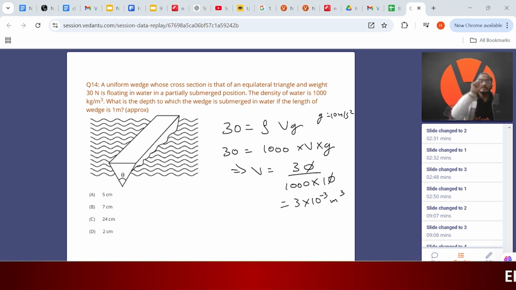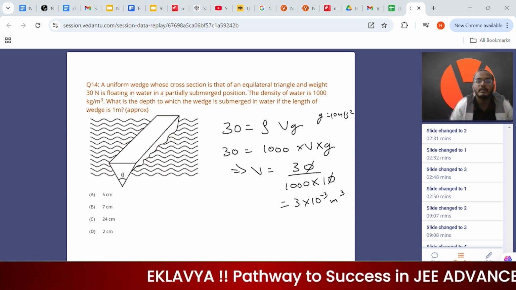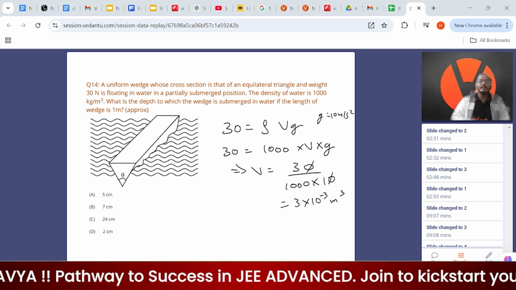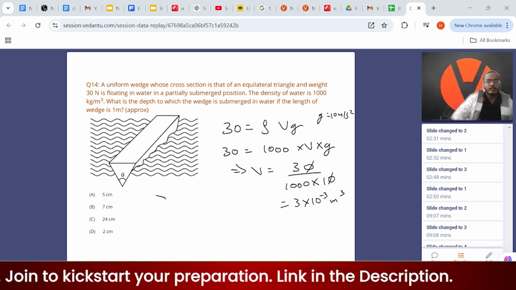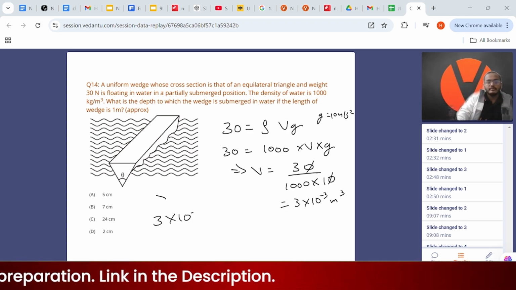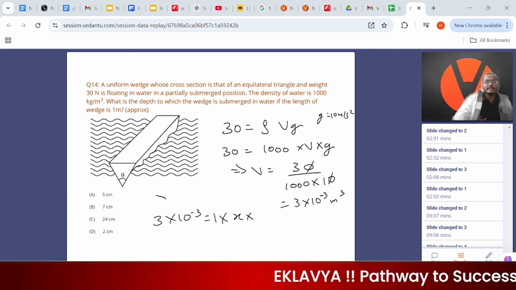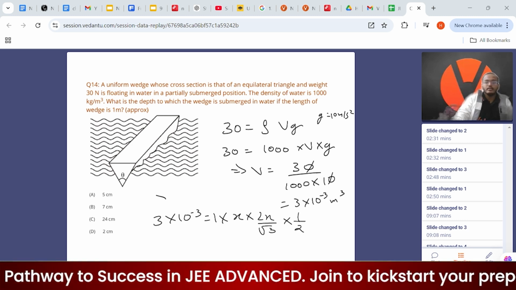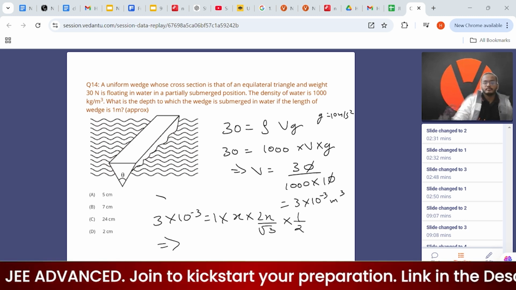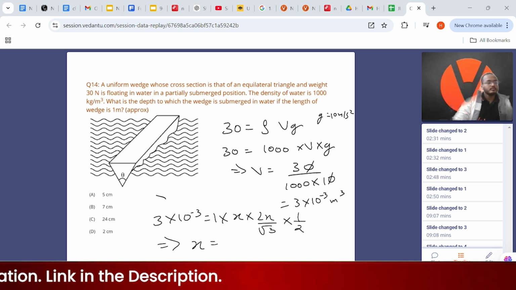See, this is an equilateral triangle. Okay, it is given that. So for equilateral triangles, area multiplied by how much length, right? So this volume, that 3 into 10 raised to the power minus 3, it will be equals to 1 into, let's suppose, up to x depth, it is submerged, it will be equals to 2x by root 3 into 1 by 2. Okay, from here, x will be equals to,